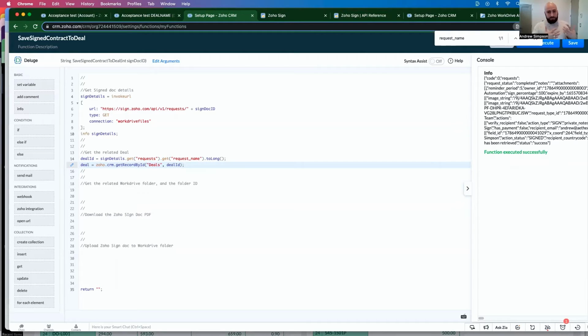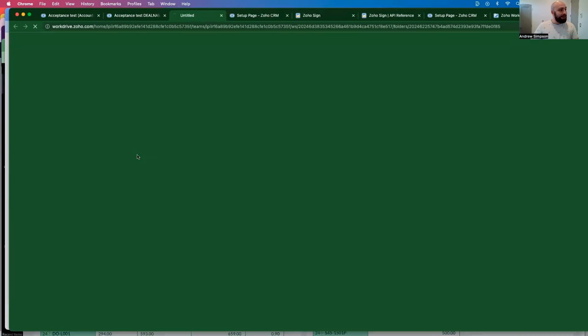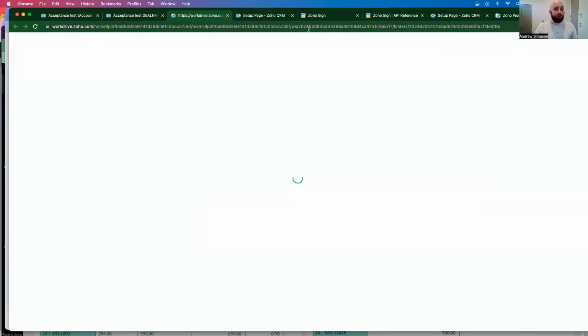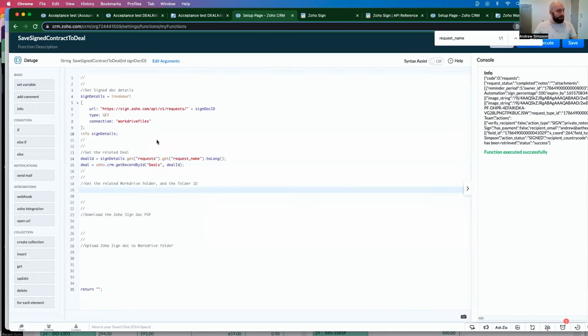So now that I have my deal, I want to get the related Workdrive folder and that folder ID. Now, that's found in the attachments, and if I open this up, the folder ID I want to use is right here at the end. So let's go ahead and do that. We'll go attachments to deal equals